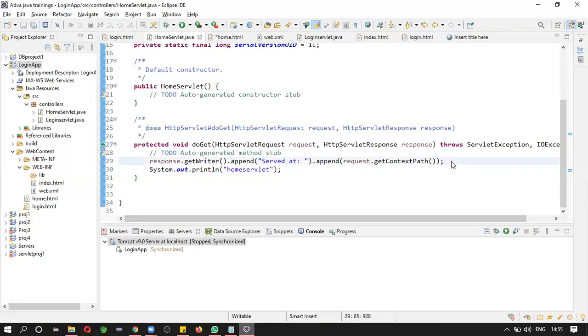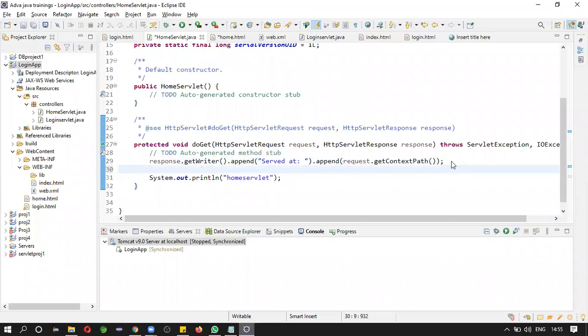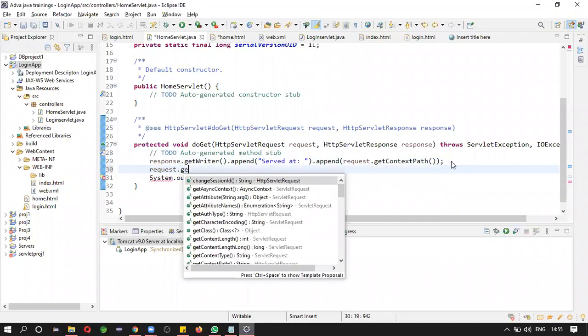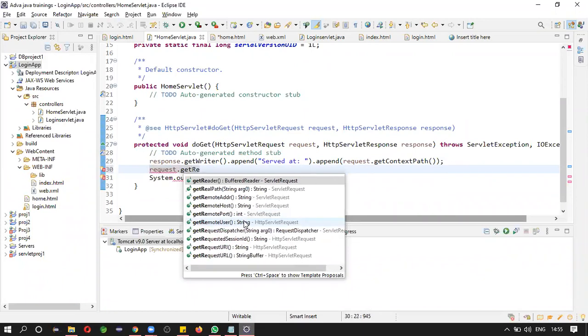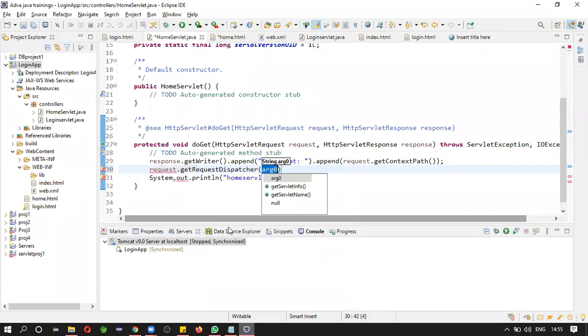So create the dispatcher object. Request dot get, if you don't know, it is already showing the suggestions. Get request dispatcher, double click. Where do you want to go?